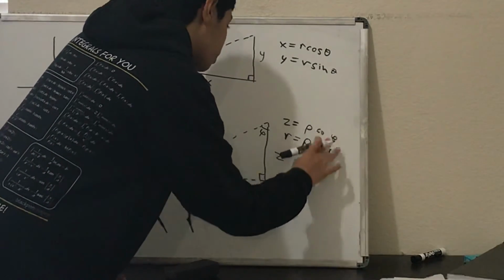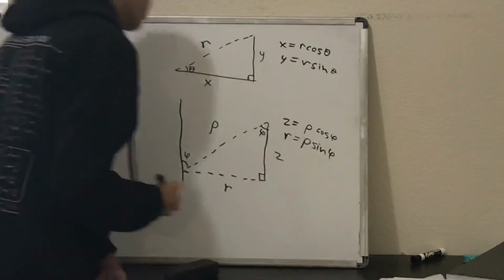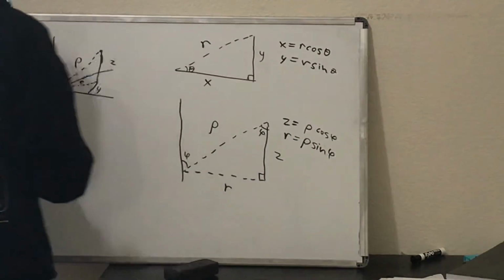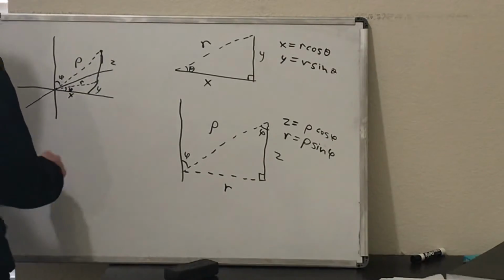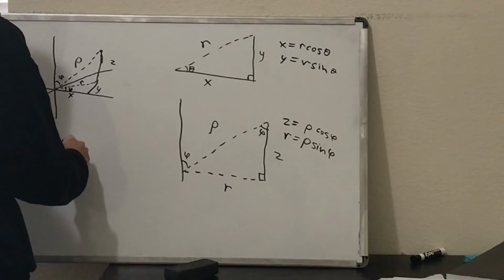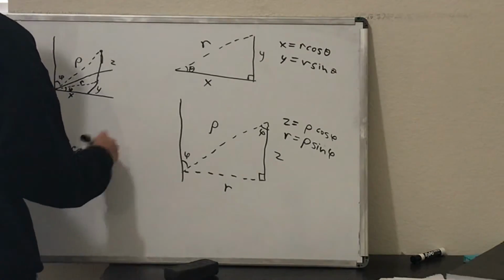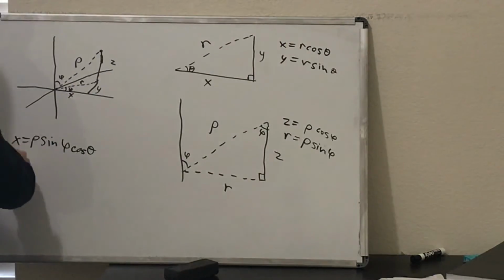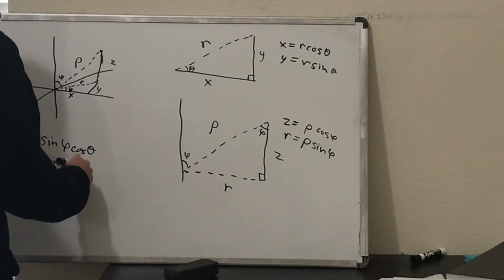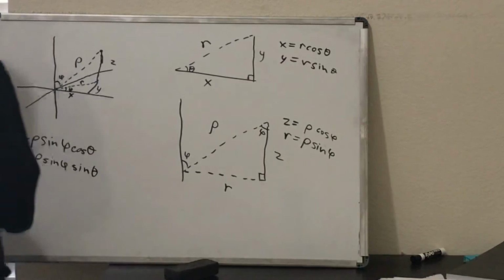Okay, so now we can express everything in terms of rho, phi, and theta. So we have x, which is r cosine theta, which is rho sine phi cosine theta. Then we have y, which is rho sine phi sine theta. Then you have z,